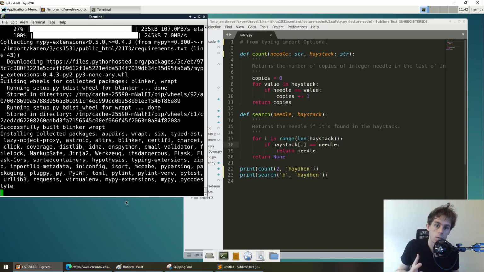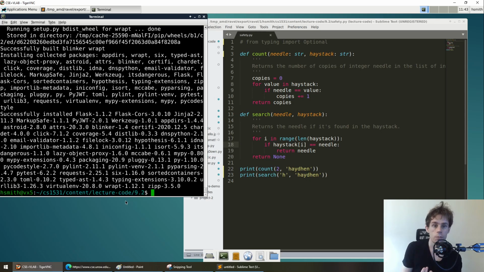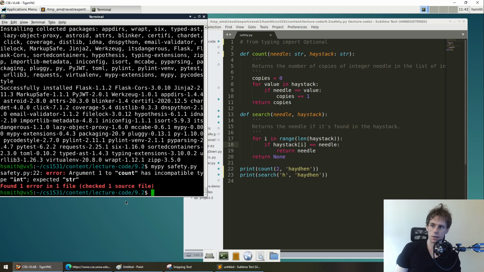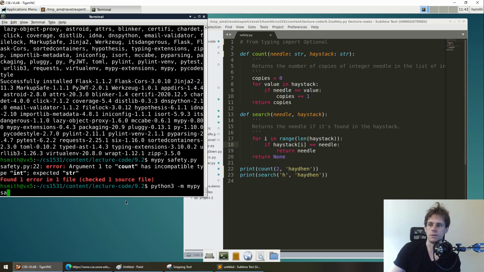If many of you are working on Windows, you probably have this problem where you install things like Pylint and stuff. Remember, the reason if you have installed it and your operating system says, I don't know what that is, it's because your operating system doesn't know where to find it. So MyPy looks like it works now, right? So I didn't install it correctly. On most machines, if you have installed it and you still get that error, you can run python3 -m mypy safety.py.